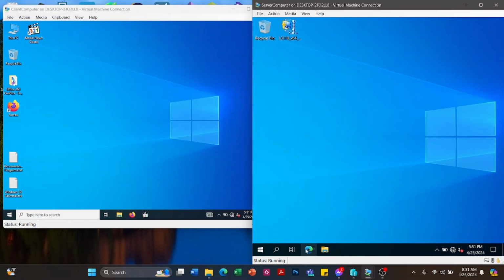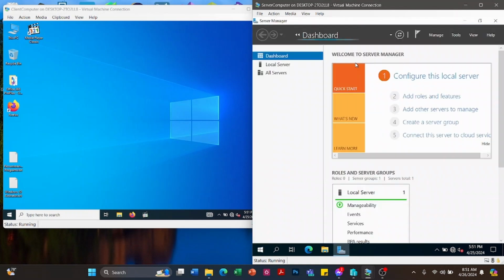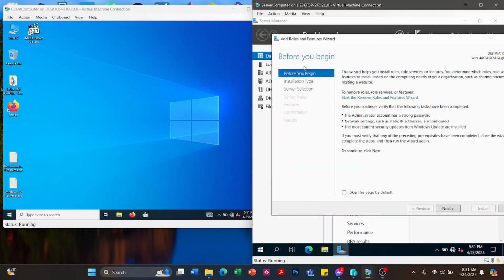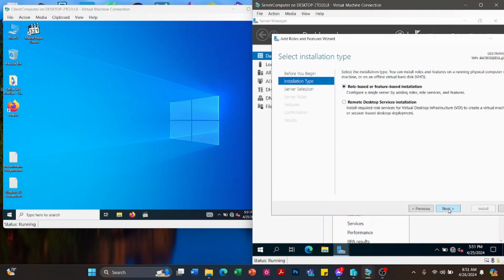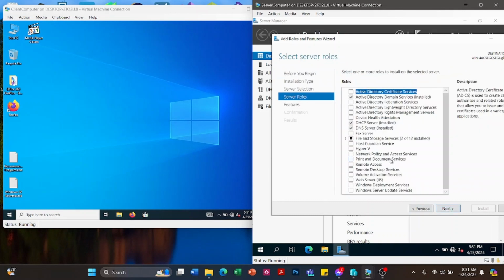So first one is to install, let's go to the server manager and install the file server. So click add roles and features, next, then click next, then next. Okay, so let's look for the file server.